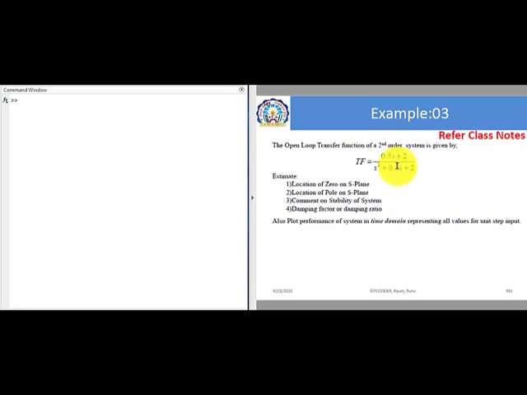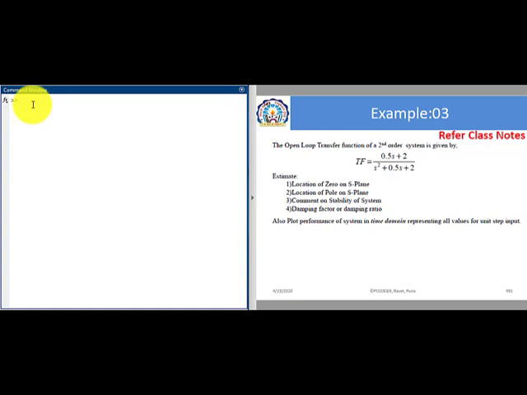Let us solve this numerical by using MATLAB platform. In this numerical, the transfer function has numerator polynomial and denominator polynomial. So let us understand how to write this polynomial as a vector in the MATLAB command window. Here I am not using the M file, but by using the command window we will try to get the solution of this numerical, rather all numericals. So let us define the denominator as well as the numerator polynomials.